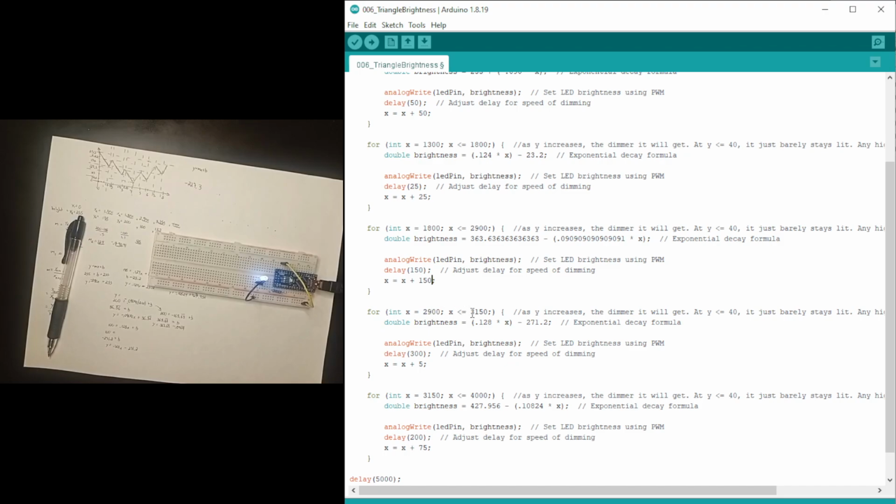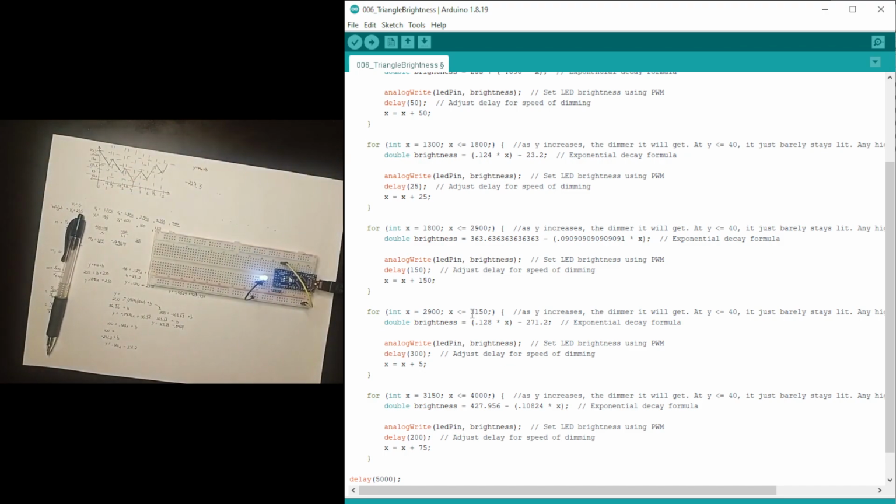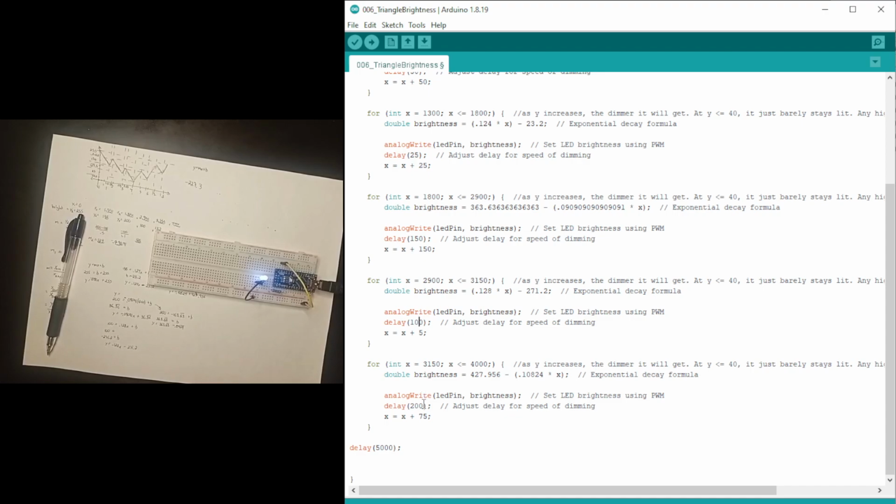29 to 31 is going to go up, so let's make that relatively quick. Let me do 100. And then this one, the problem is that, okay, so we need to do two parts. One, we need to decrease the rate that it moves. But two, we would want to increase or